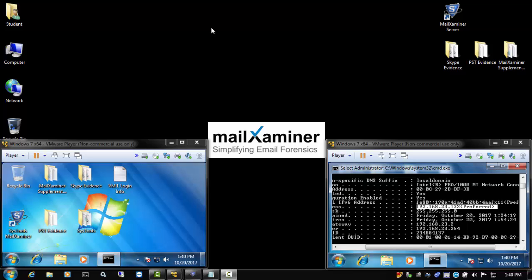Starting with SysTools MailXaminer Server version 1.0, we see a dedicated solution for setting up and managing team collaboration for cases that require multiple investigators. For this demonstration of the MailXaminer Server component, we have a computer with MailXaminer Server installed. For the connecting workstations, we will use two previously configured virtual machines. These workstations have the single-user MailXaminer version 4.8.5 installed, but there is no dongle containing a license to run the